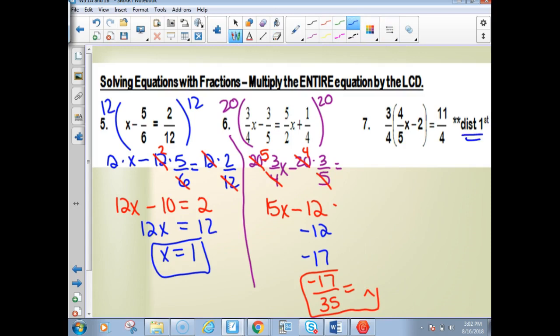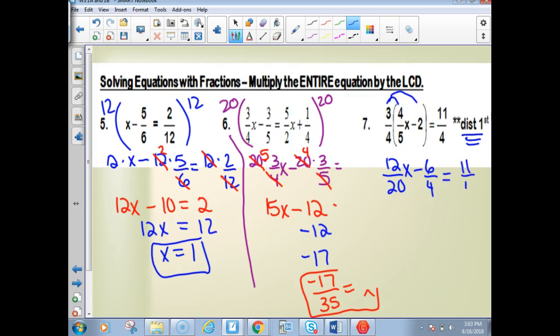Okay, it says distribute first. Not absolutely necessary, but if you were to multiply both sides by 4, then that would still require you to distribute by 3 afterwards, so it's really better to distribute first. So multiplying these guys, 3 times 4 would be 12. Remember, you do numerator times numerator, denominator times denominator. If anybody saw that you could reduce that, that's okay too, but you got to be careful. 4 times 5 is 20, so I got 12 20ths x minus 3 times 2 is 6. You only do the numerator, multiply the numerator by 2, and then you'll have a 4 in the bottom,